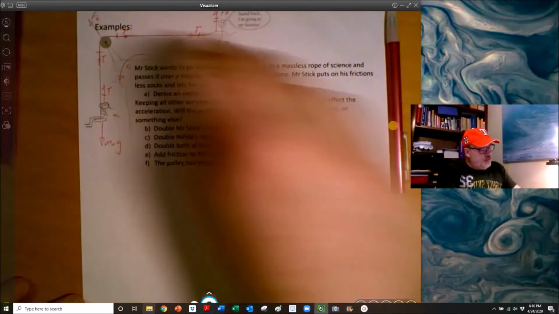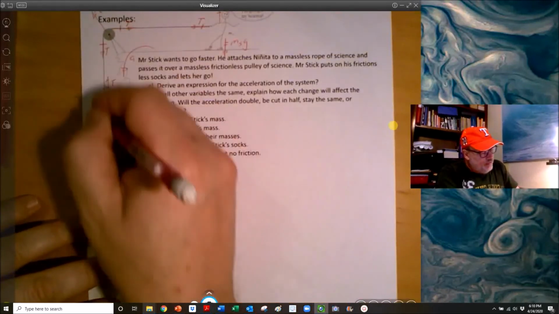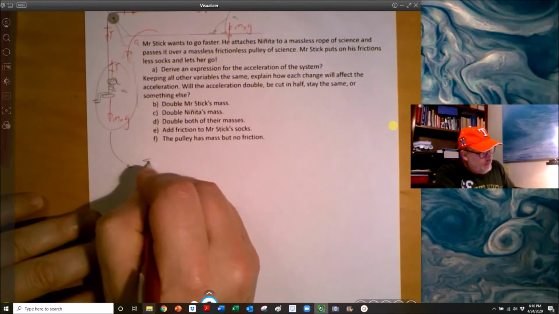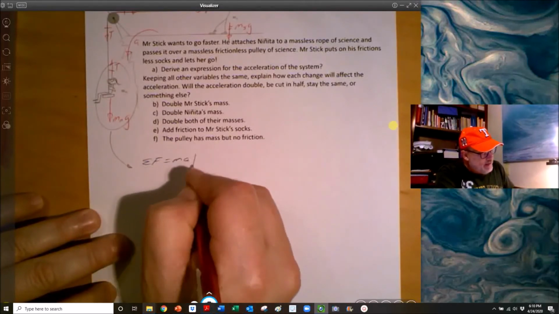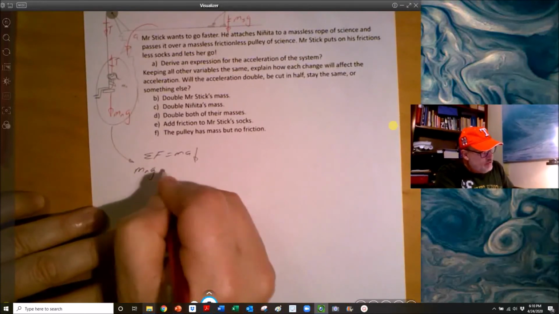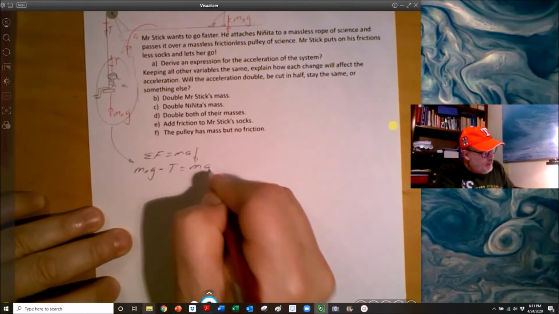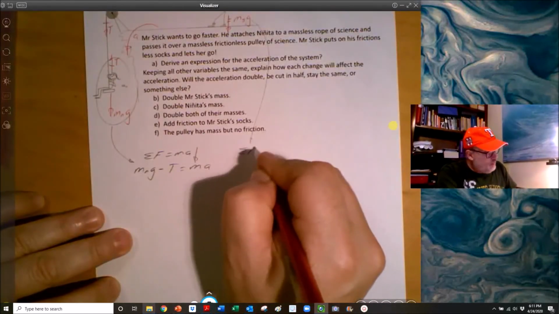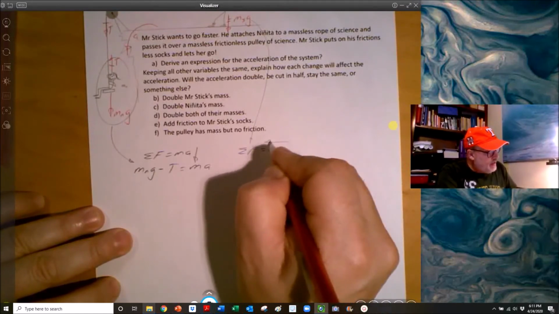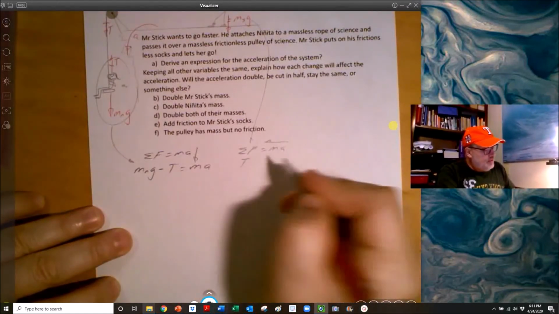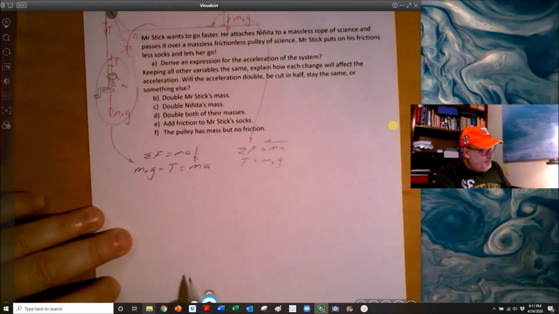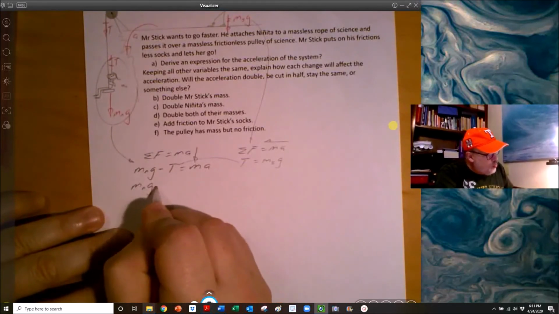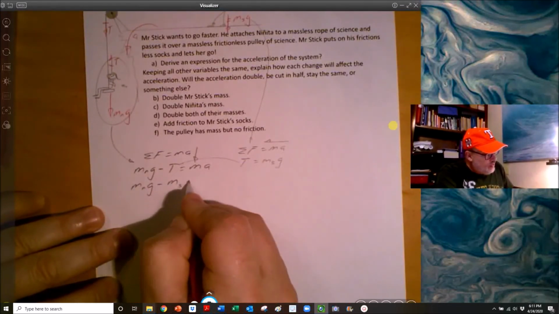All right, so we're trying to find the acceleration of the system. So let's write Newton's equation. The sum of the forces equals ma downward. So mNg minus tension equals ma. Now let's do Mr. Stick, and that is the sum of the forces equals ma, but now in that direction. So the tension, that's it, equals mSa. Now I can plug that in over here and I get her mass, her weight, minus his weight